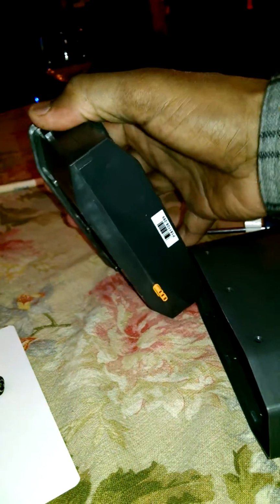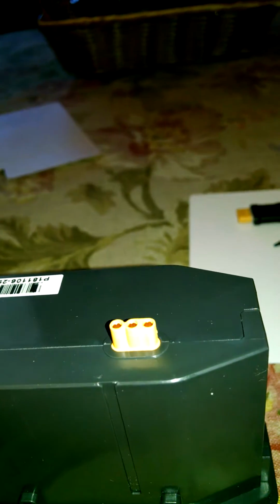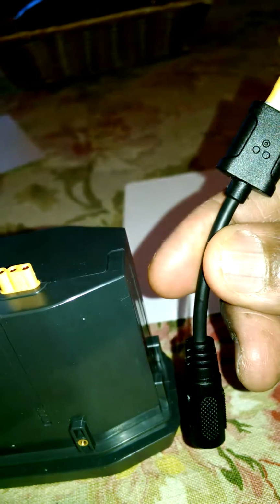I have one of those spare battery packs on order. I haven't received it yet. And you can see that it has that same MR30 connector on it that the DC output wire has. That's why I got a little bit confused about the purpose of that wire that was in the box. Actually, I think that's a little bit of a usability issue, because this cable that's supplied with the unit is